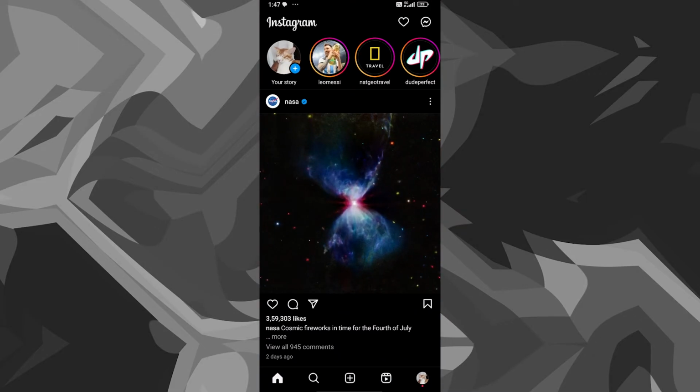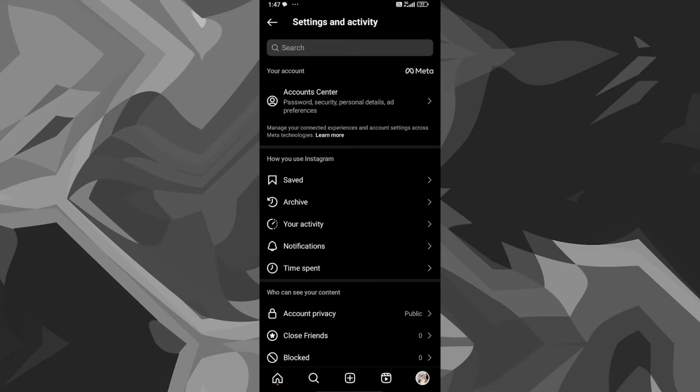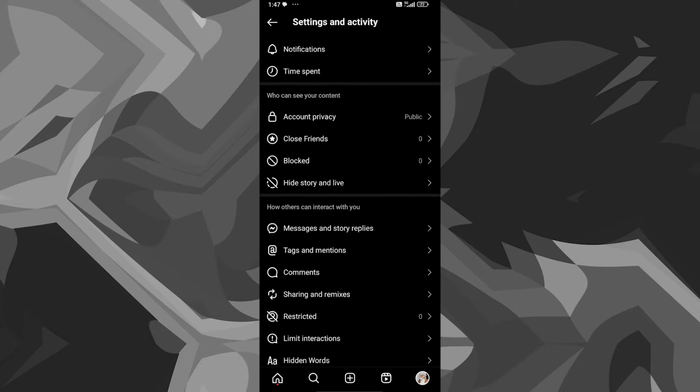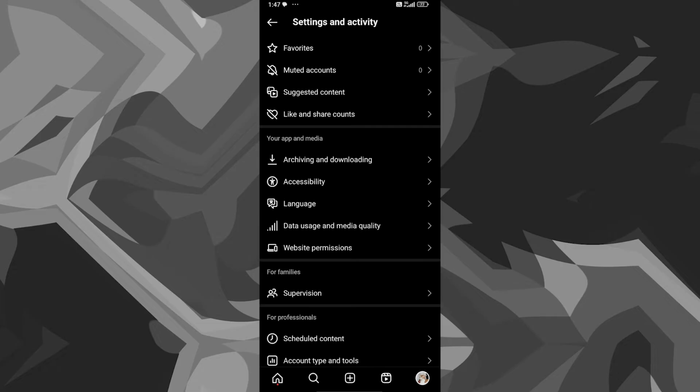So first up, open up your Instagram. Once you're in here, click on the bottom right corner to go into your profile. Once you're in here, click on the three lines on the top right corner. It's called a hamburger menu. Click on that. Once you're in here, you can scroll down and see an option where it says data usage